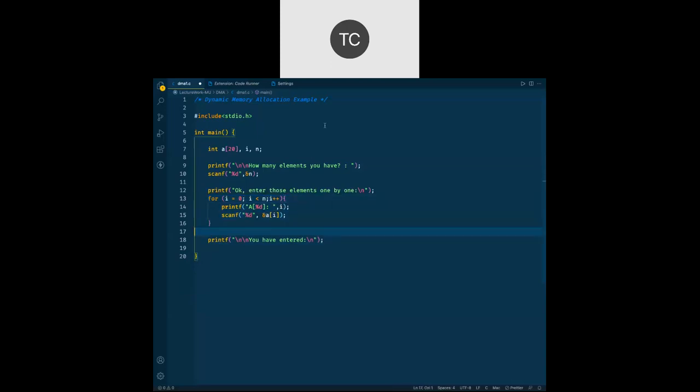I'll simply copy and paste here. So a of 0, a of 1, something, and the %d, another parameter, which is going to be a of i. So is that okay? Any query in this part?